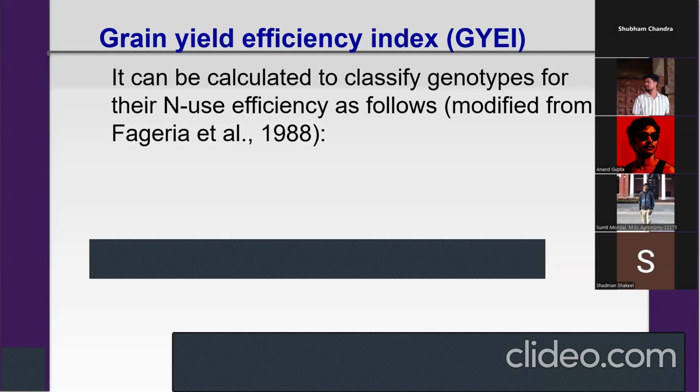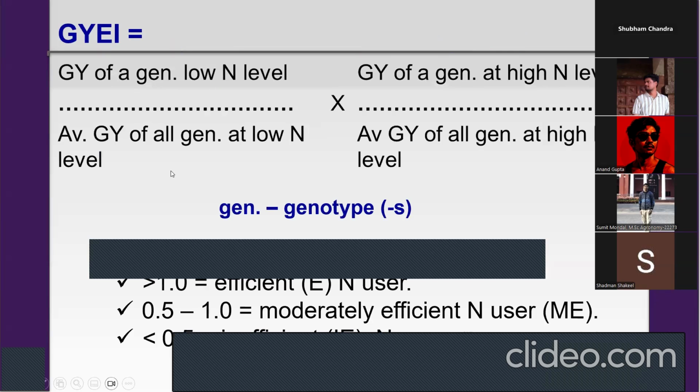With this two-way data, we can calculate the grain yield efficiency index. I'll show you how it can be calculated. Now you see the formula. Grain yield efficiency index is equal to grain yield of a genotype, GN means genotype, at low nitrogen level,